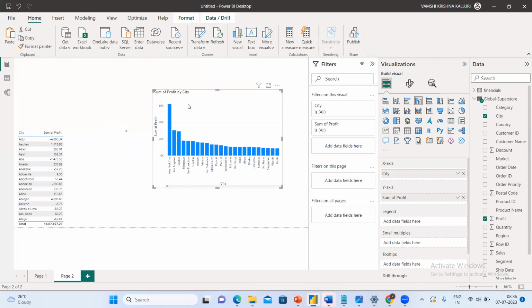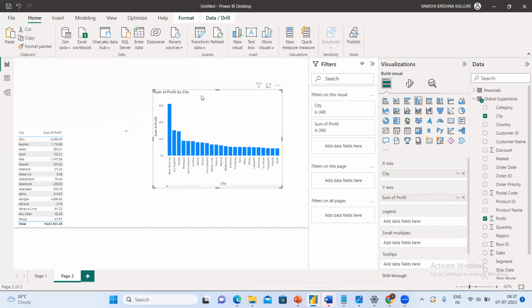Not only those who have technical knowledge, non-technical people can also easily understand which region has more profit. They can easily see that this bar is bigger. Yes, I'm getting more profit. They can easily understand all of this. That's why Power BI supports reporting. Power BI supports visualizations, guys.